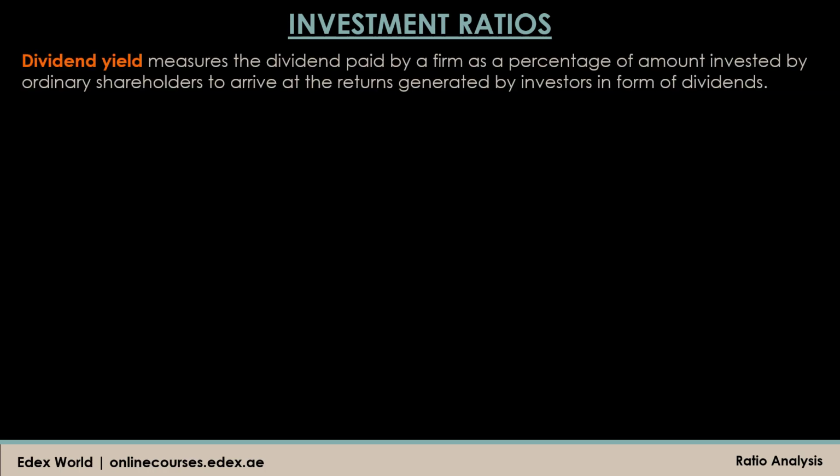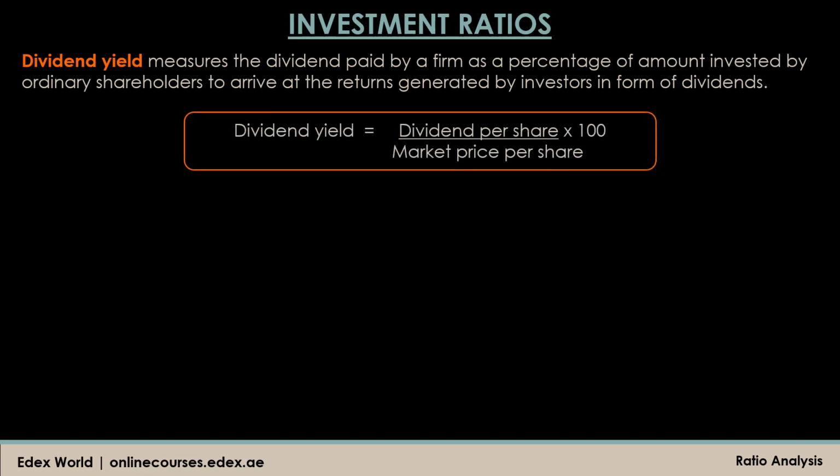And then we have the dividend yield, which measures dividend as a percentage of the market price of the share. So let's say you have paid a price of $50 to buy the share of a firm, and the firm is paying you, let's say, $2 as dividend for the year. So this ratio calculates how much percentage of your overall investment in the firm the dividend is,